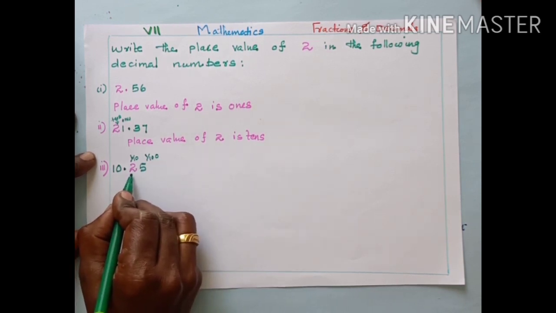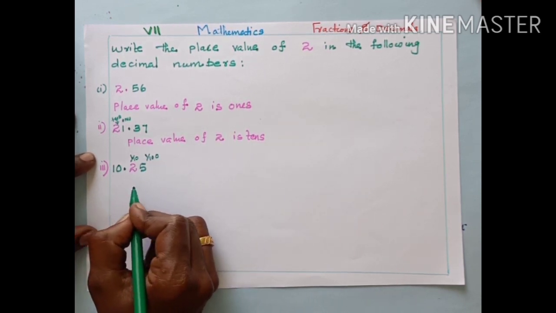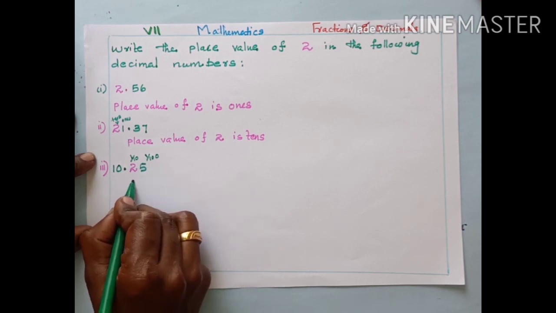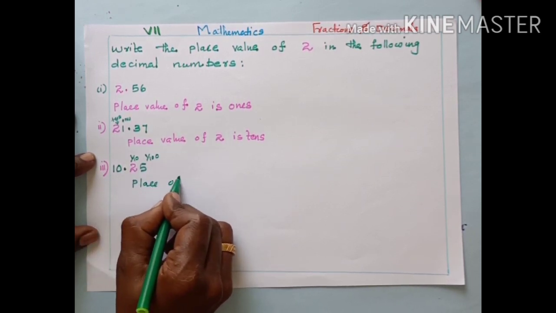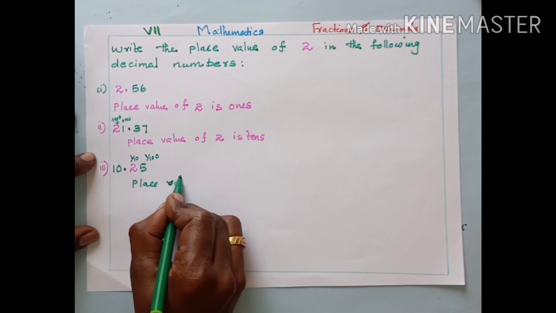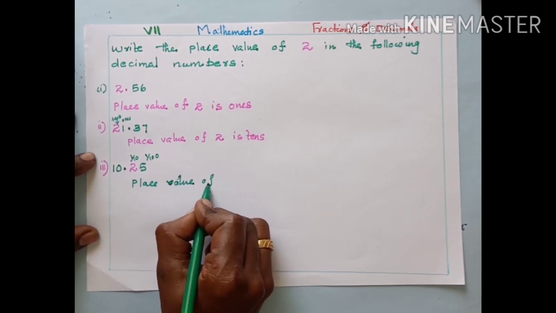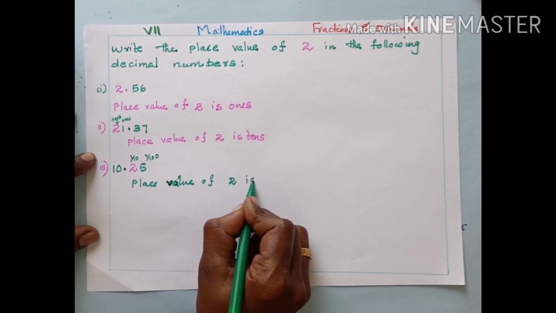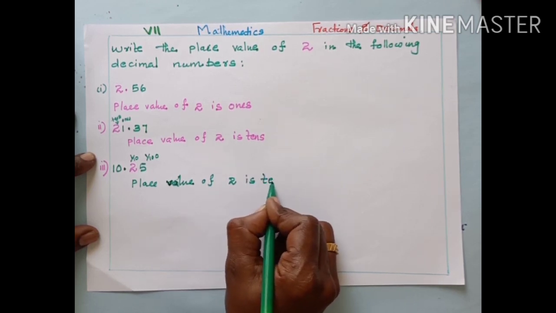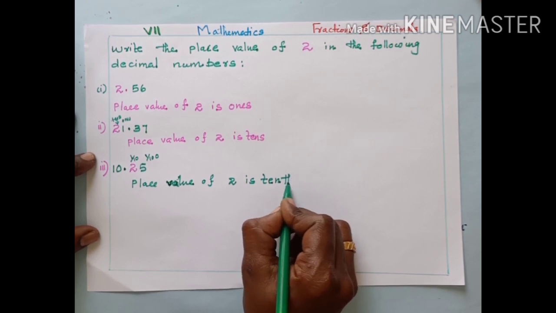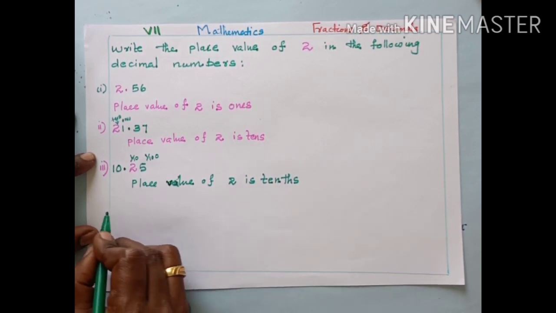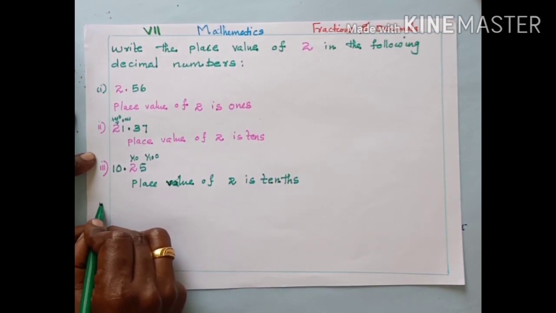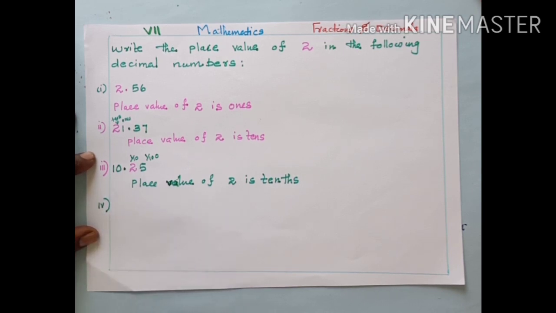So, the place value of 2 is tenths place. Place value of 2 is tenths, T-E-N-T-H-S, tenths place. Then fourth question is